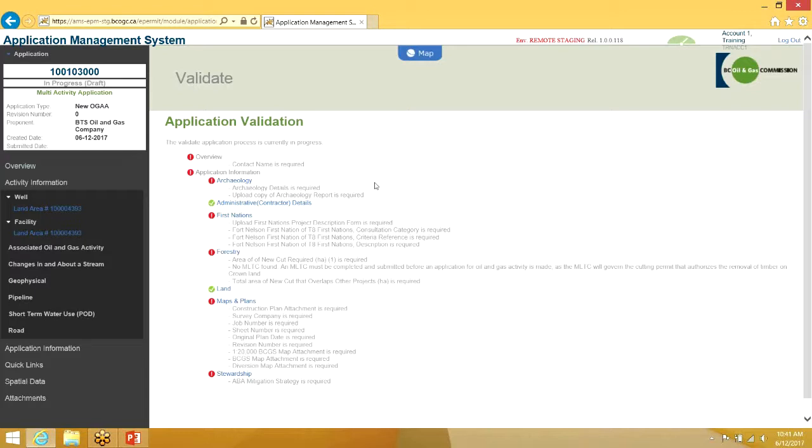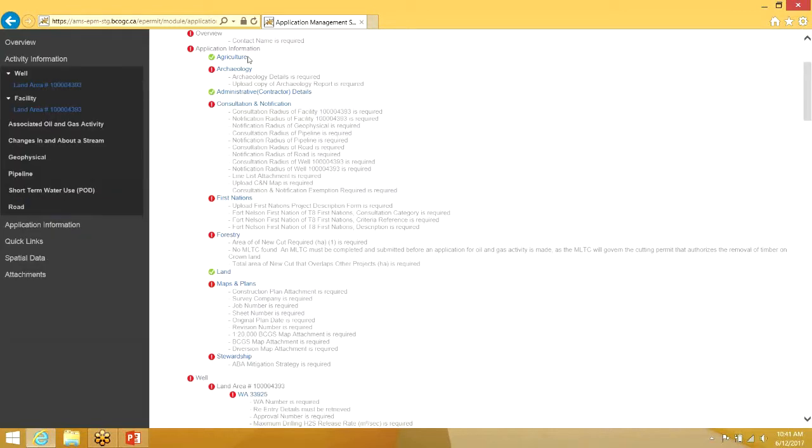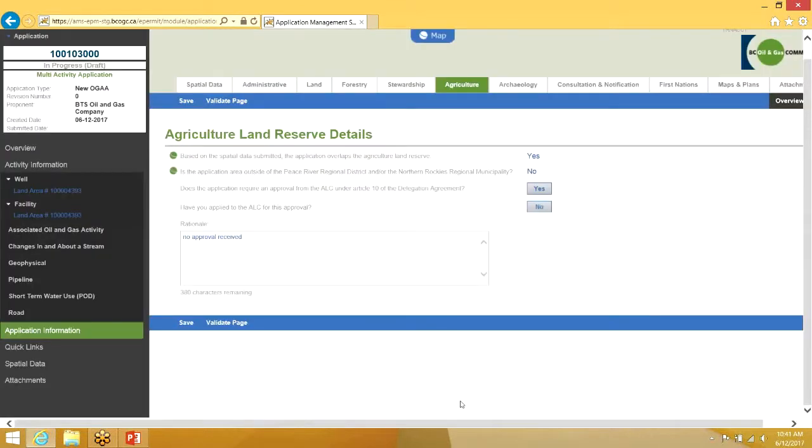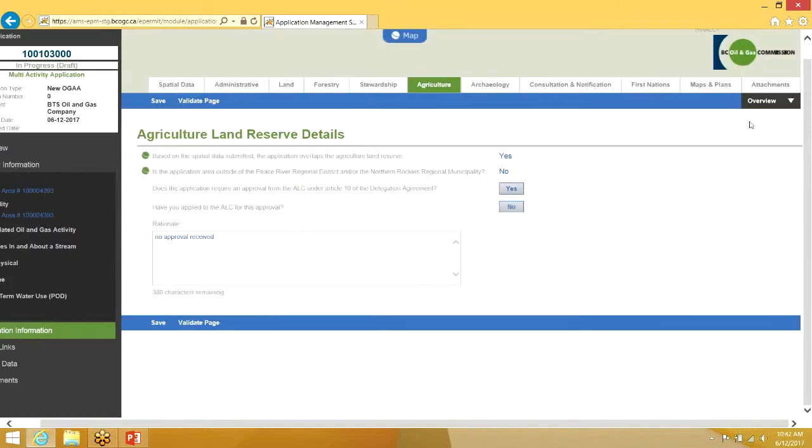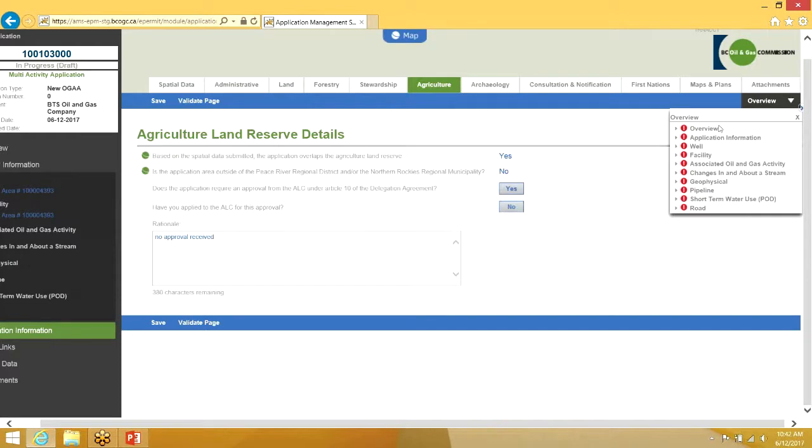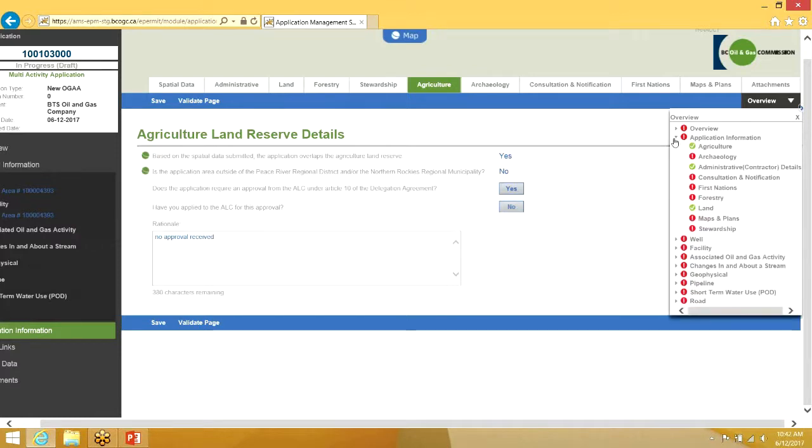when you go back, sorry, it's just loading. When you go back to the section for agriculture, let's say for instance, when you click on overview, this gives you a snapshot of what you saw when you're validating the entire application. So this link here is on every single tab, and it's helpful as a quick snapshot so you don't always have to go back. And so for instance, if I were to expand this, I now know that, okay, archaeology